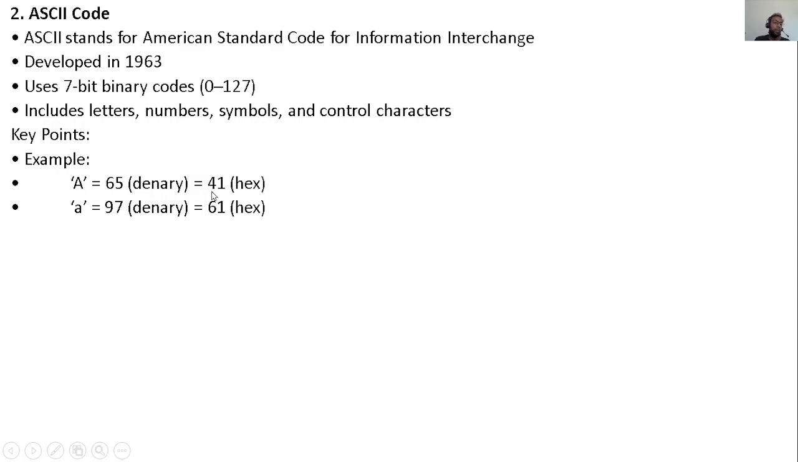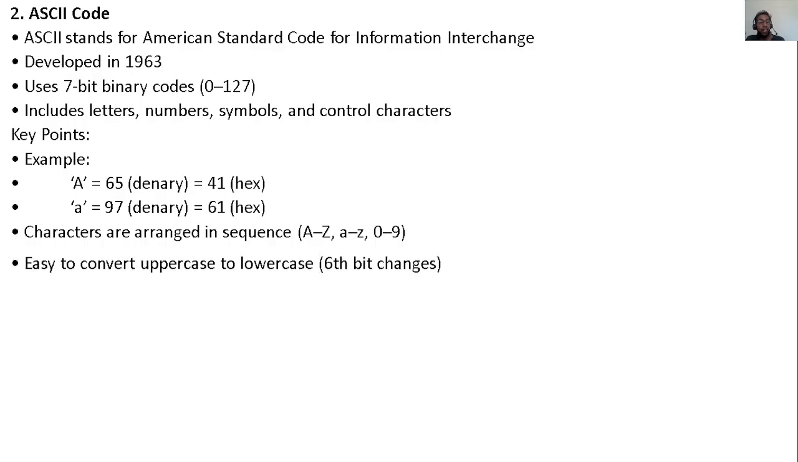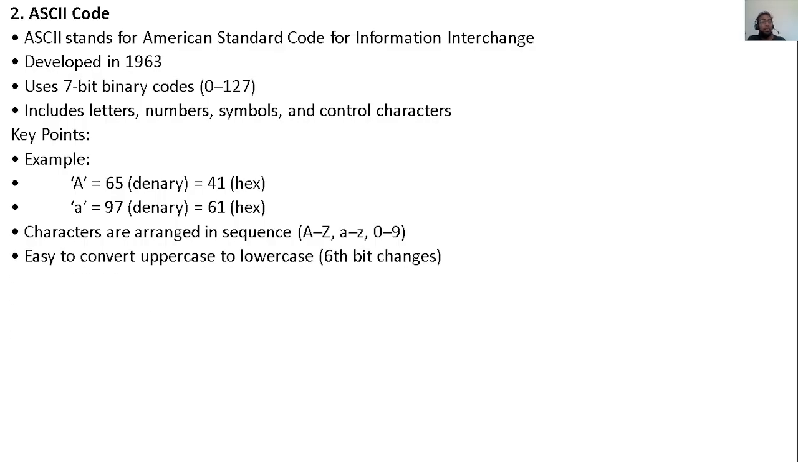If we convert capital A to binary, we have 0 1 5 zeros and 1, and that will be representing the character capital A. Characters are arranged in sequence, capital A to Z, small a to z, and 0 to 9. So there are ranges in which characters are arranged, and for this very reason it is easy to convert uppercase